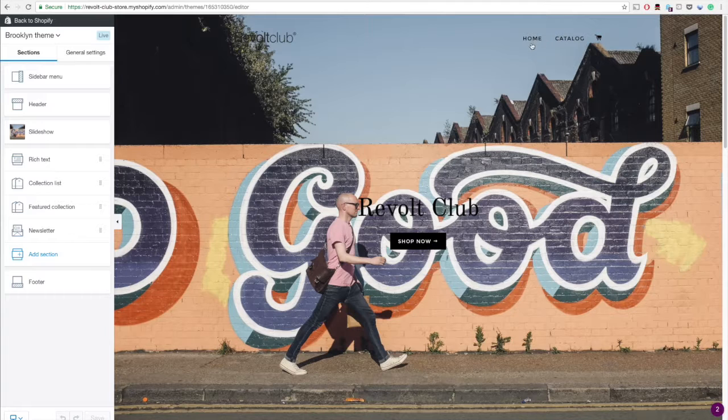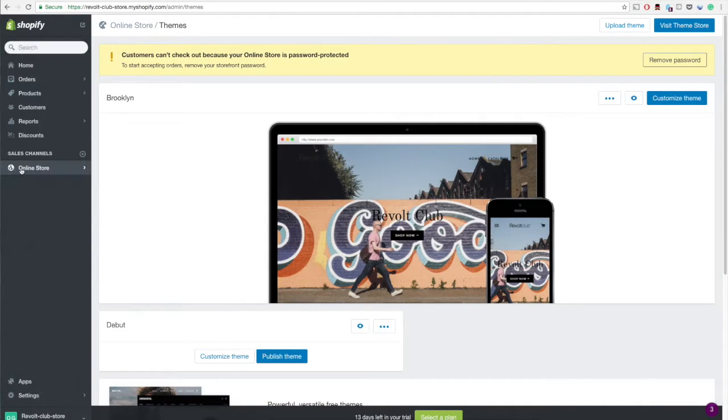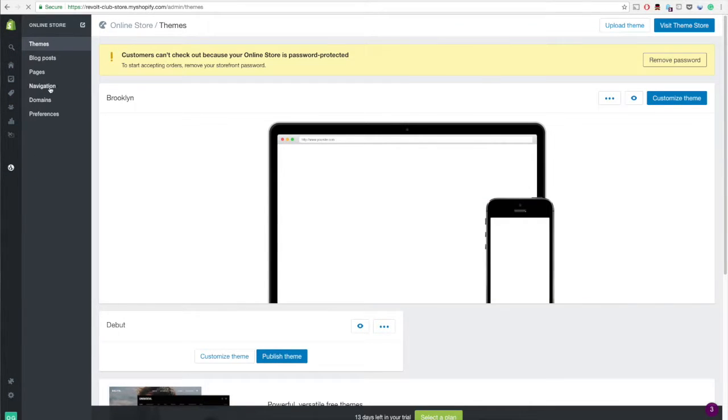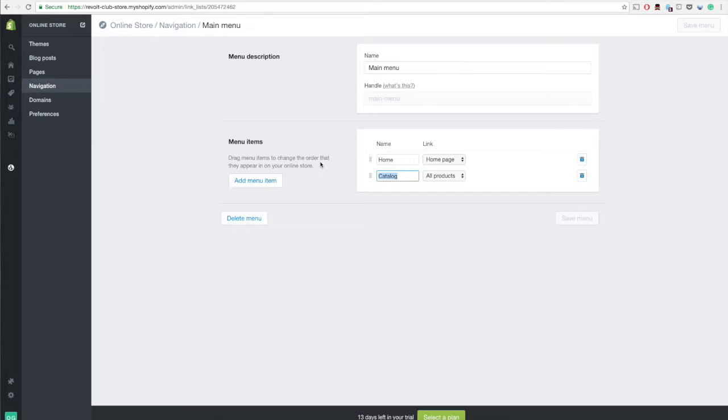So at the top here, you can see that we have home and catalog. I'm going to show you how to change that to like t-shirts or men's or women's, or change different menu styles. So when you go to online store, you're going to go into navigation. Here is where that home and that catalog is. So you're going to hit edit menu, and I'm going to change this catalog to,